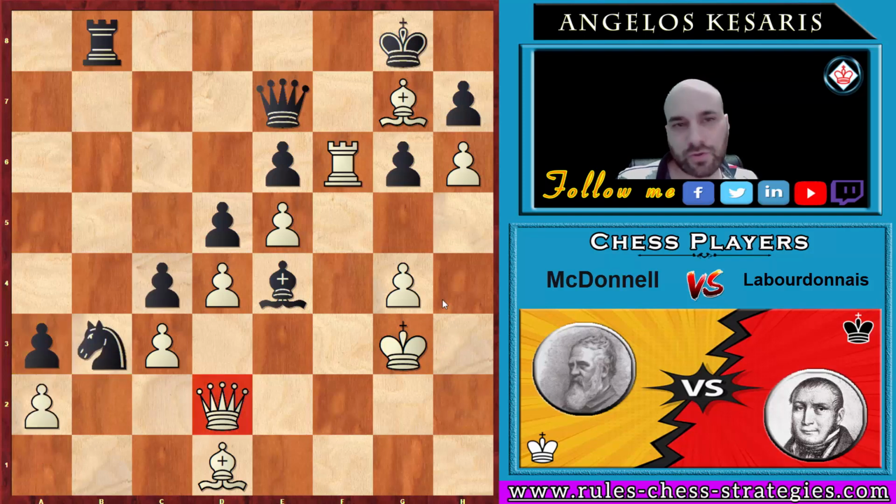Of course he wasn't forced to capture the knight, and now it's a little question what you are going to play now with white pieces. It's your turn. You can pause the video and try to think. White's turn. And here he played during the game, not the best, he played queen to f2, very good move,